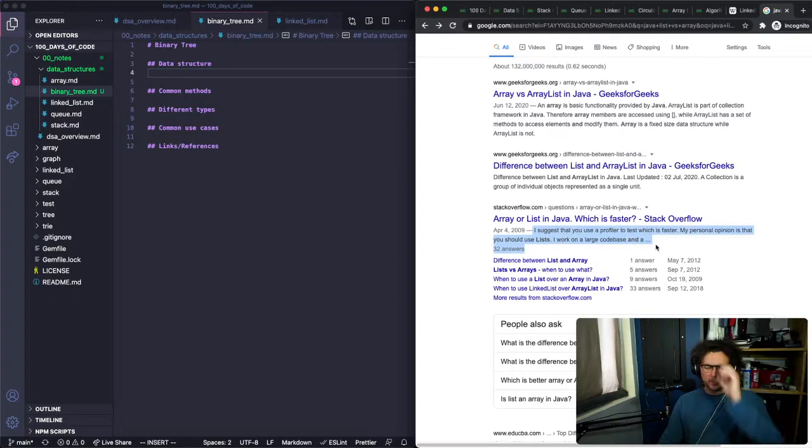Yeah, I guess what I was trying to ask is you mentioned the memory efficiency portion for a linked list, which makes sense. I know like in Java, when you create an array, you have to define the length of the array so that it takes up an appropriate amount of space in memory. But for Ruby, you don't have to do that. You can just push onto an array as much as you want to, and the array never overflows. Well, I shouldn't say never. I don't actually know that. There's probably some upper limit to it.